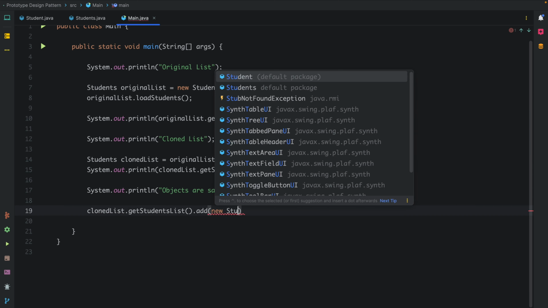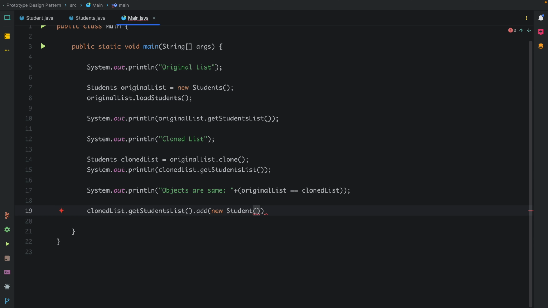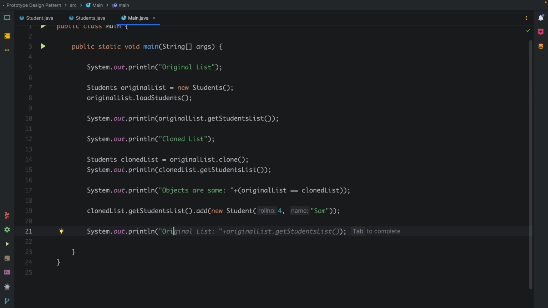So I am adding new student, roll number 4, and let's name it Sam, right? And after doing this operation, I am printing cloned list after modifications,